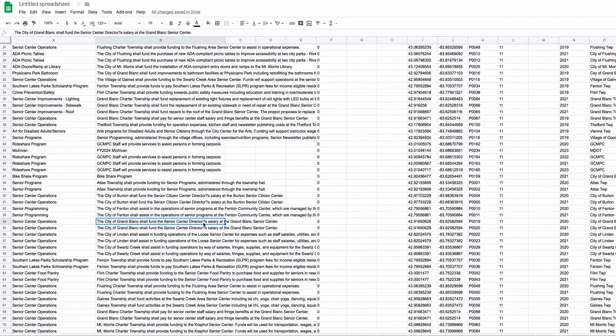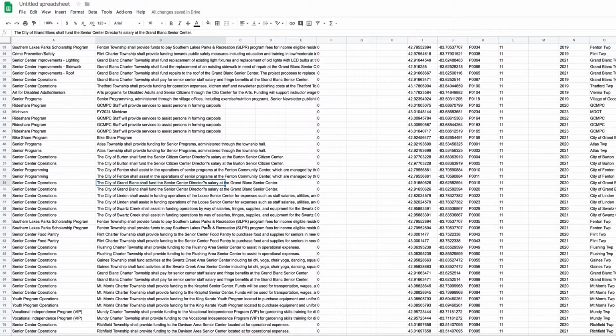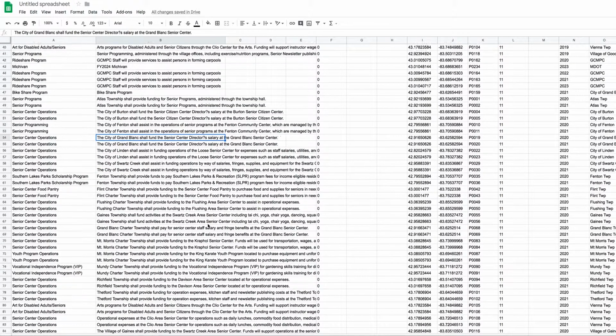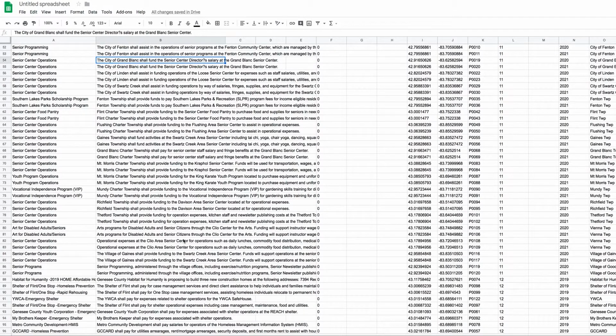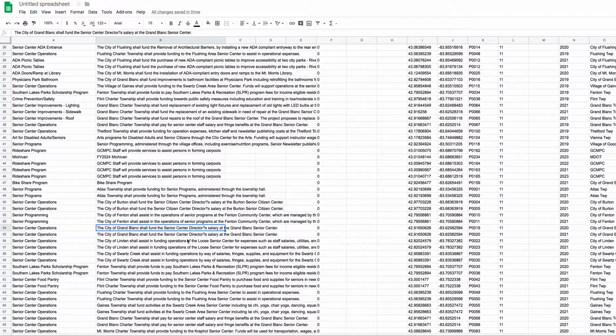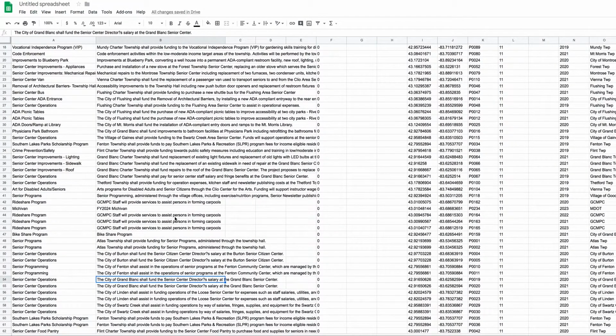When that happens, it will, and don't worry about this question mark, doctor's salary with the question mark, it's okay. That can be fixed later, or it's just a HTML conversion issue. Don't worry about it. It's still going to go in. If there's a parentheses or a weird character that's going to throw it off, it's going to skip that on import, and you'll see it when you start to look at the project list. You'll say, hey, there are 2 projects missing between crime prevention and art for disabled adults. And you'll say, oh, those 4 projects, somewhere in there was some kind of weird character that it didn't like